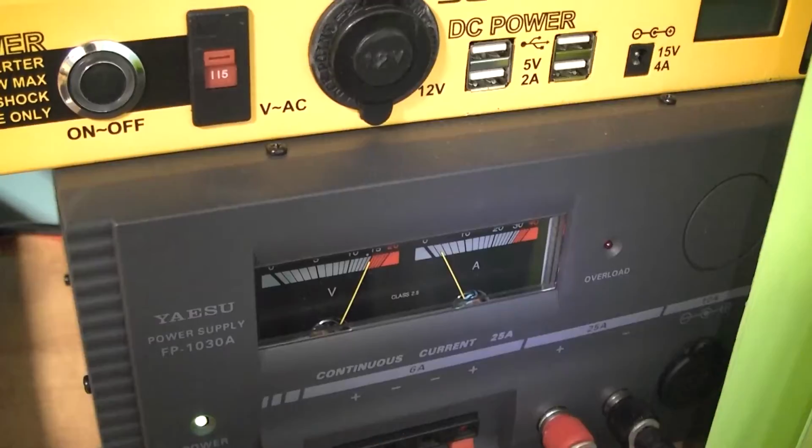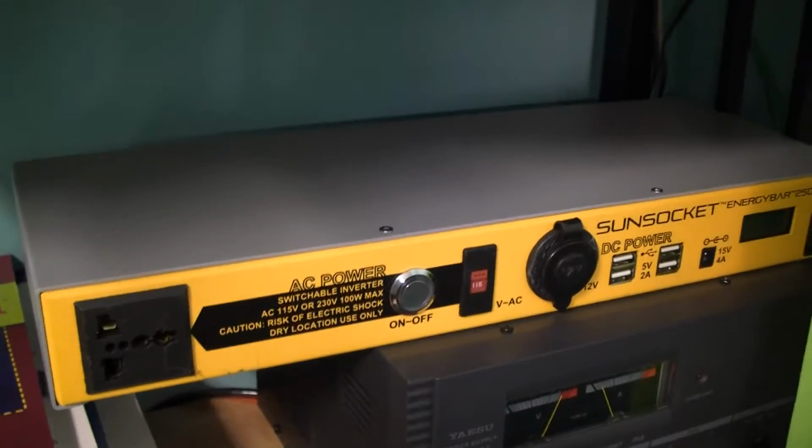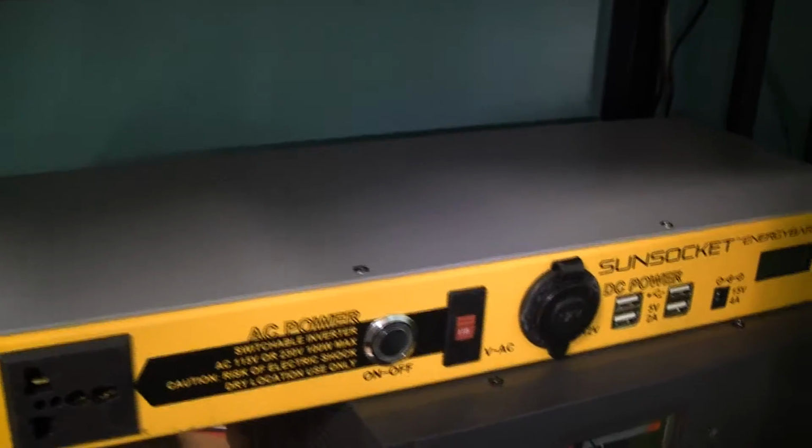Yaesu box here, FP1030A. While I'm here, I'd also like to point out I have what we call the N0AGI bar made